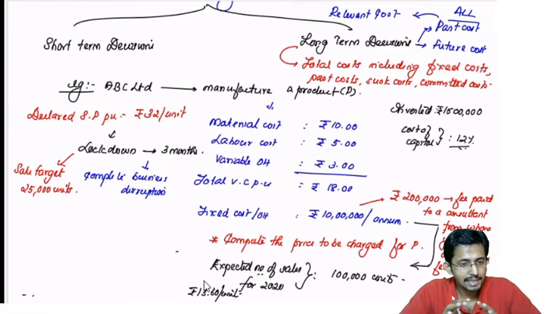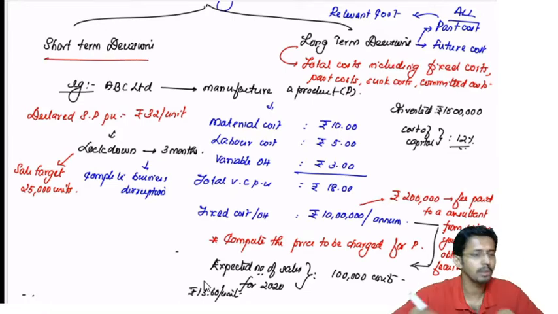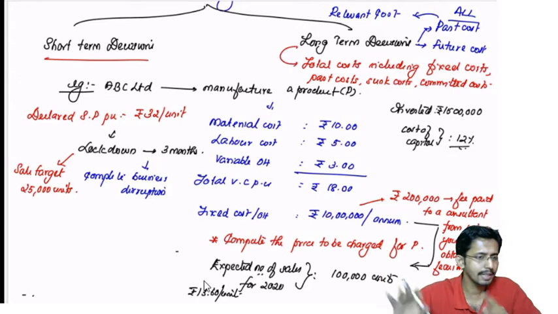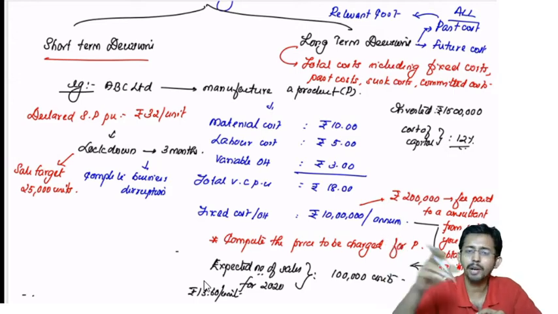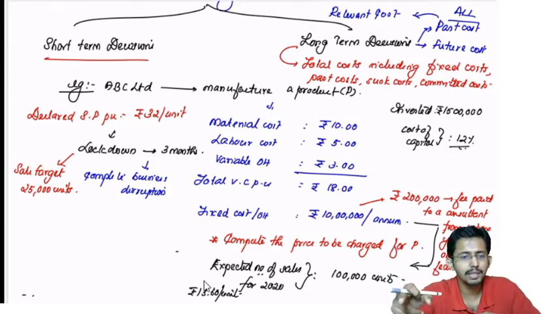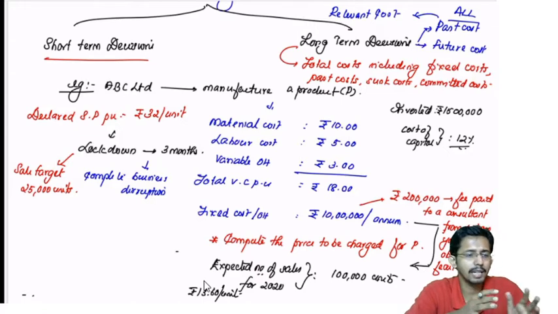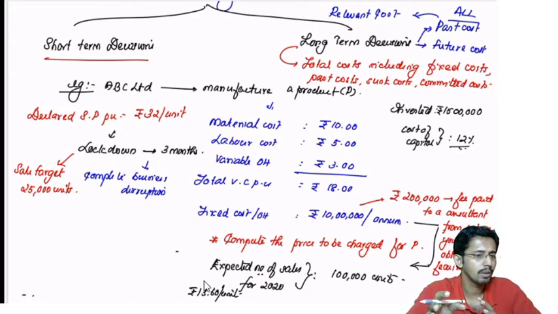Now it is a situation which is going to affect your entity only for 3 months. So it is a short-term decision only. The proposal is whether to reduce the selling price only for that particular period. It is not for the entire year. If it is for the entire year, then you have to rethink whether you need to shut down the business or not. That is another thing. But it is only for a short term, 3 months period you are trying to somehow manage. Whether it is feasible, that is what you are going to see.